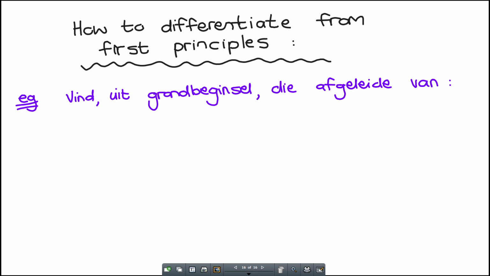Okay, so that's more or less how they would ask it. They would say, differentiate using first principles, or derive by using first principle. So once you look for that word, grondbeginsel, eerste beginsel, first principle, then you know I must use this long method. Okay. Now, there is